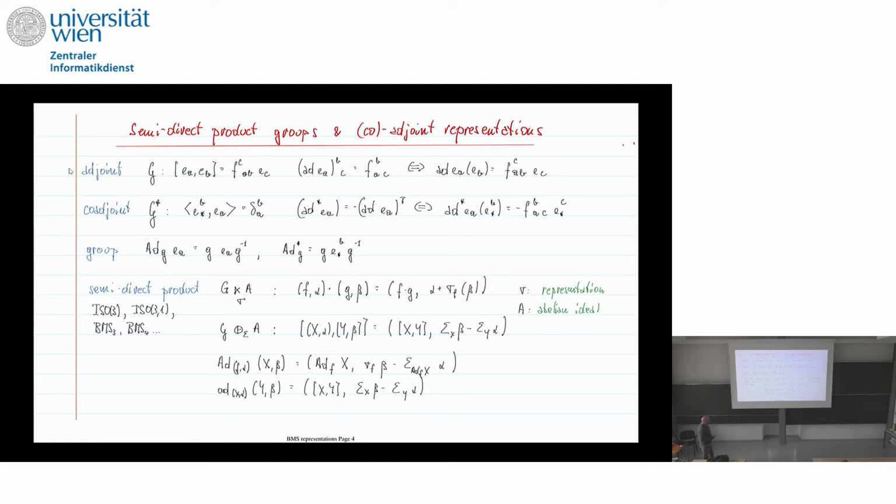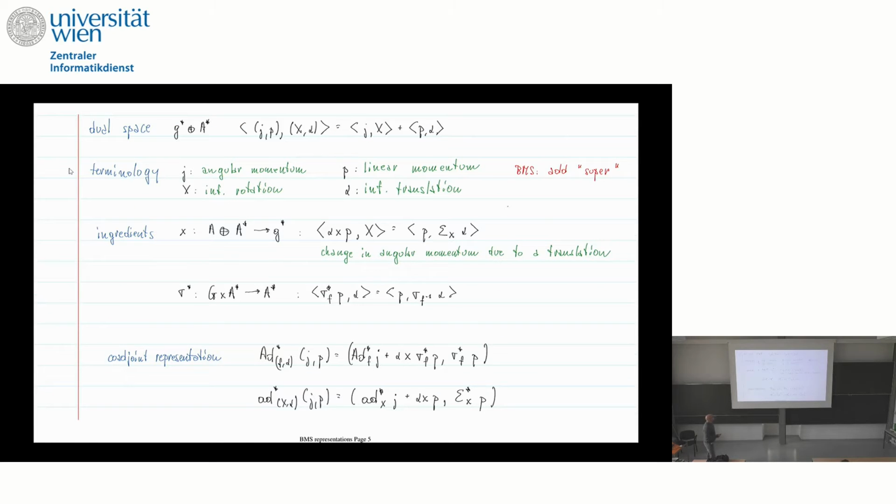You have to do the exercise what the adjoint representation becomes. So you have the adjoint representation of the non-abelian part. Already this looks a bit more involved. You have again the action of the group on the algebra, but you have to subtract something here. And of course, as we discussed before, the adjoint action of the Lie algebra on itself is just really the same thing then. Okay, that's one part of the exercise that you have to do.